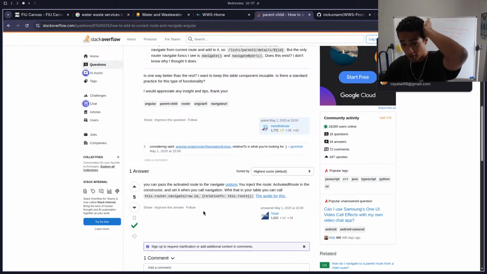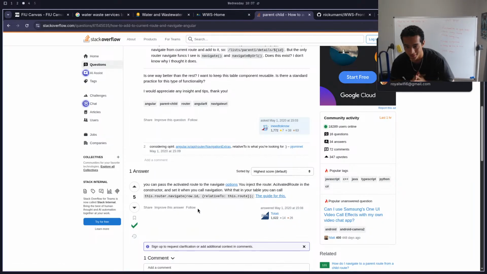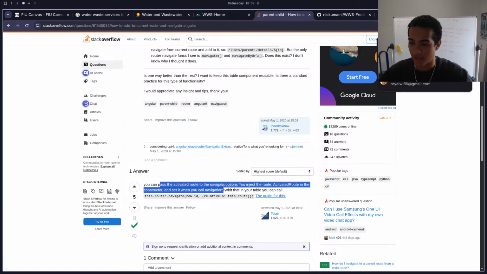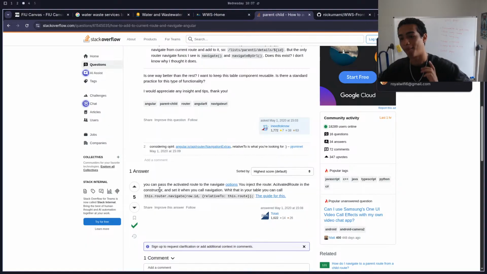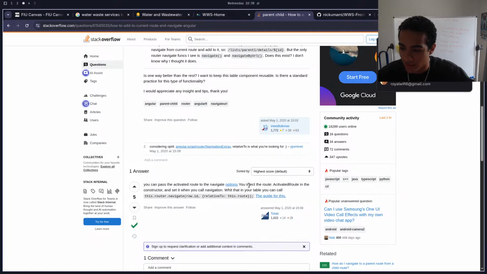So we understand this has a bunch of different ways, right? So this is the meat and potatoes. This is what we want here. You can pass the activated route to the navigate options. You inject the activated route in the constructor. Set it when you call navigation with